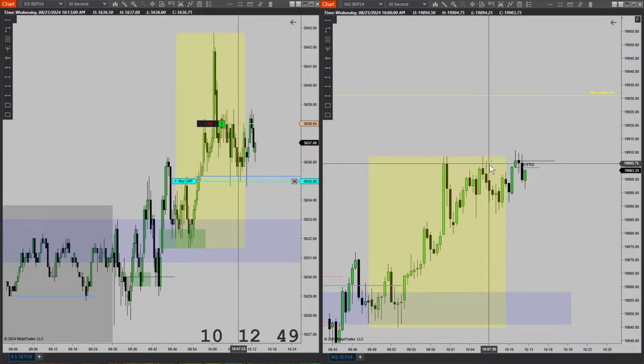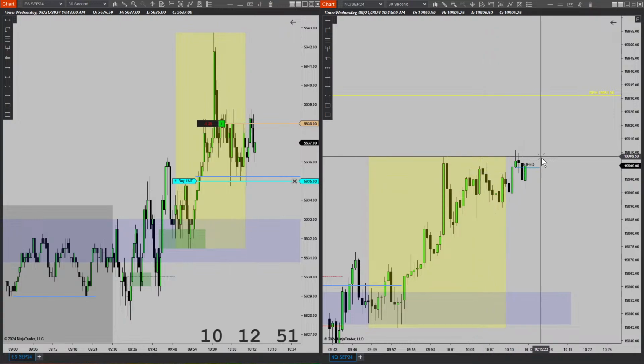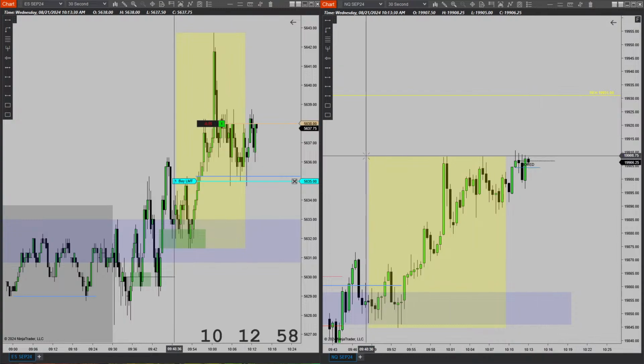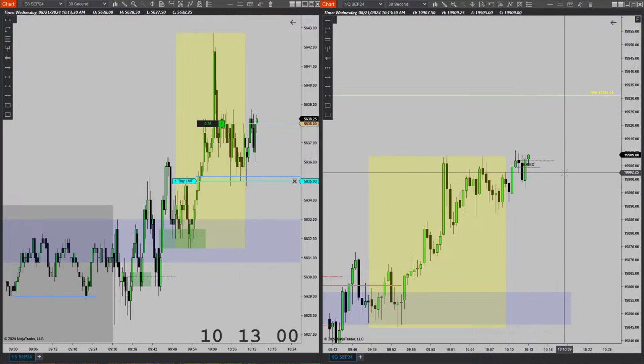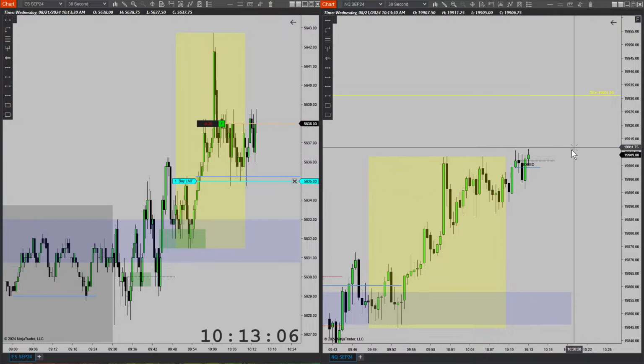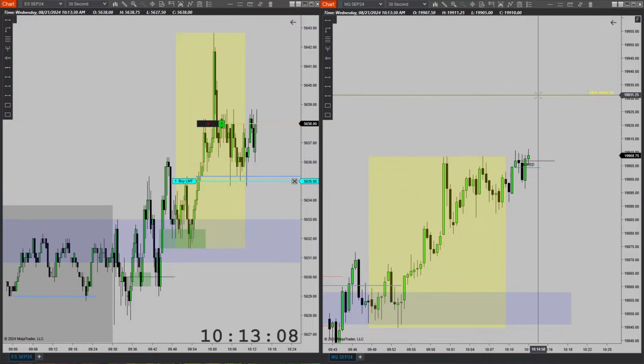So right now we have consolidation. What I want to see is I want to see price draw higher, and I want to see price leave gaps. So I'm going to be using this right here as the order block. All right. Okay, so I'm in. My stop is this low here, and my target is this area here.